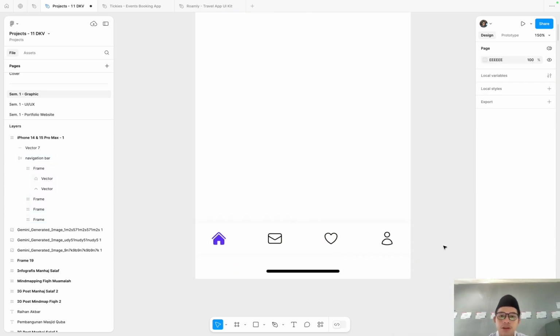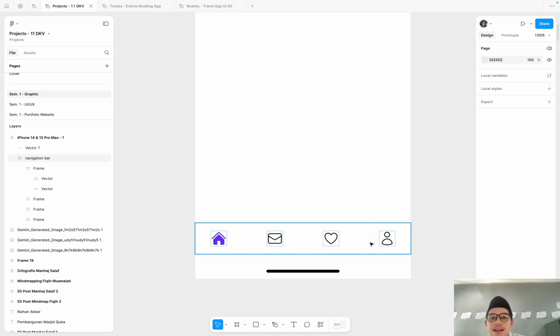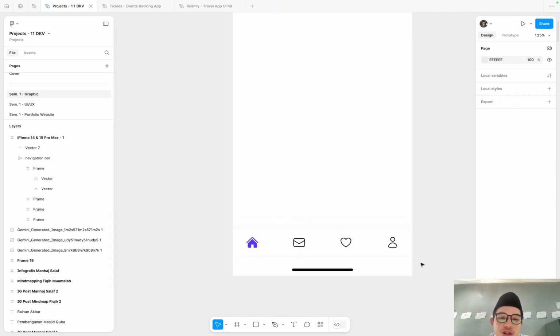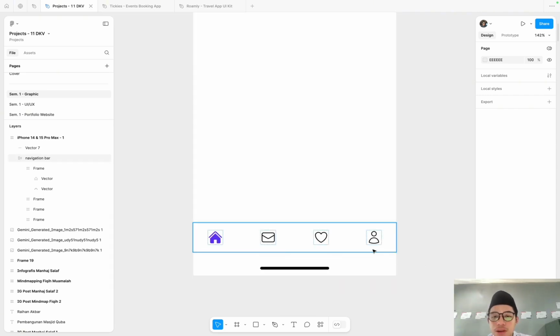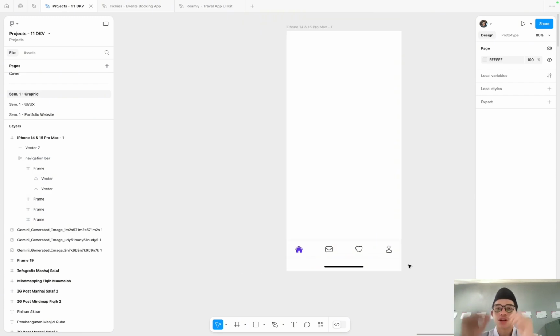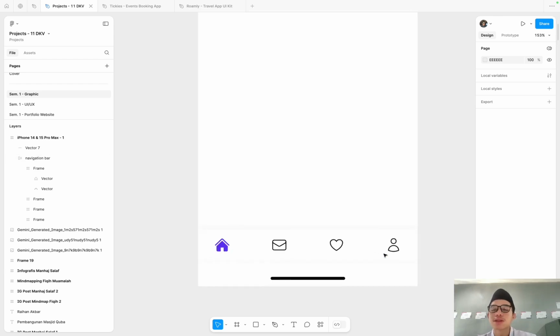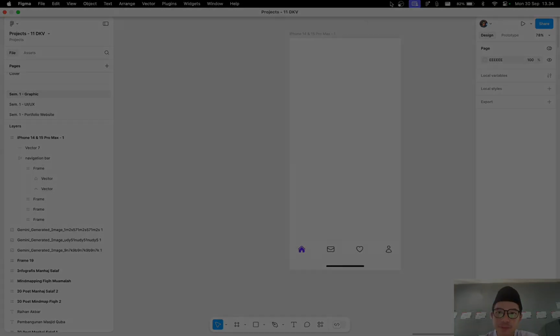Like this. This one looks better because it has a softer shadow like that. This is the correct way to make a shadow so that the UI design is a good UI and according to the principles of UI design, like that.